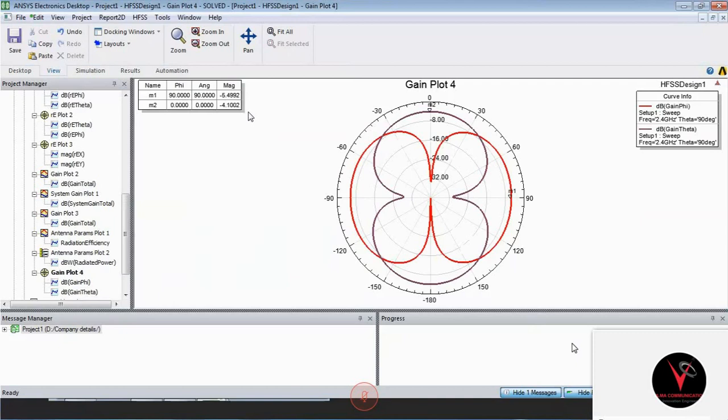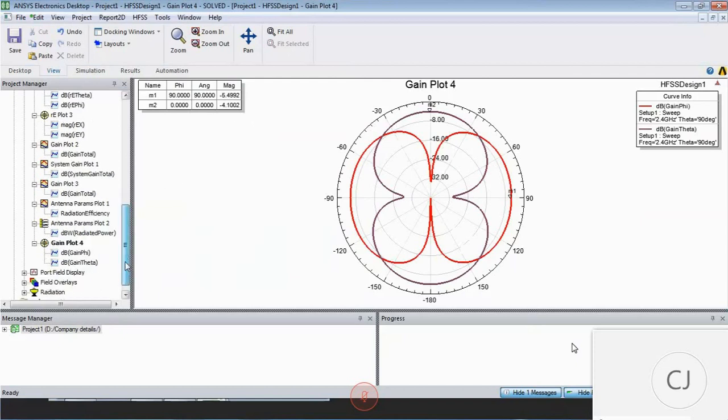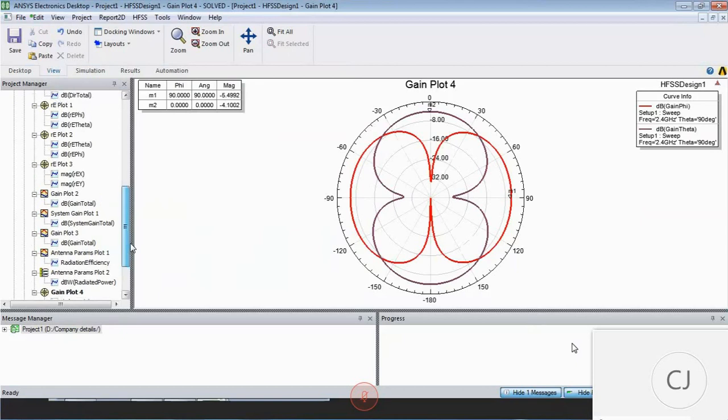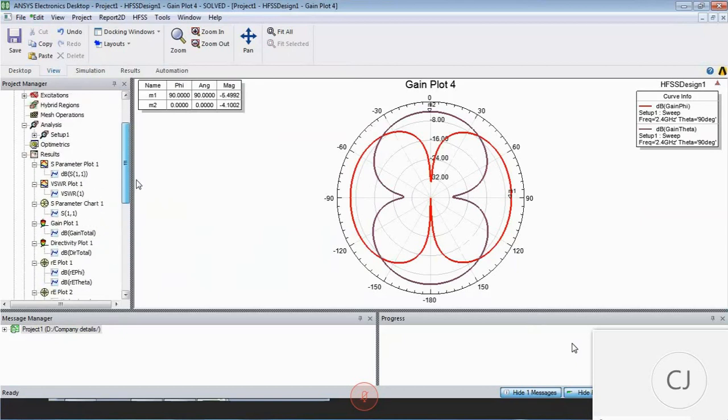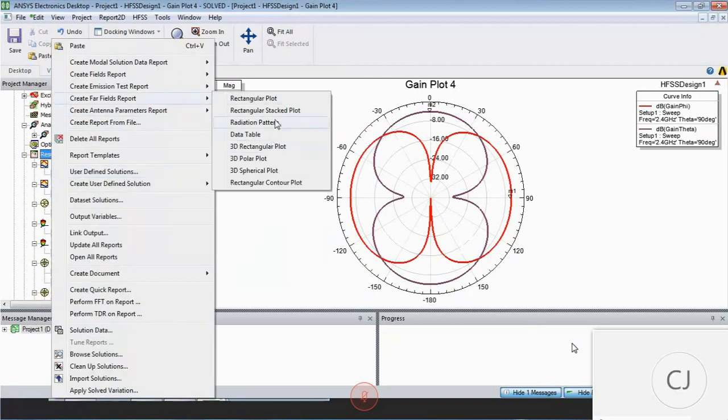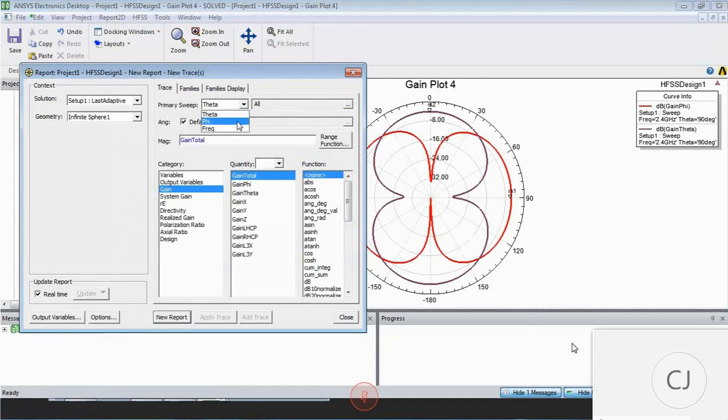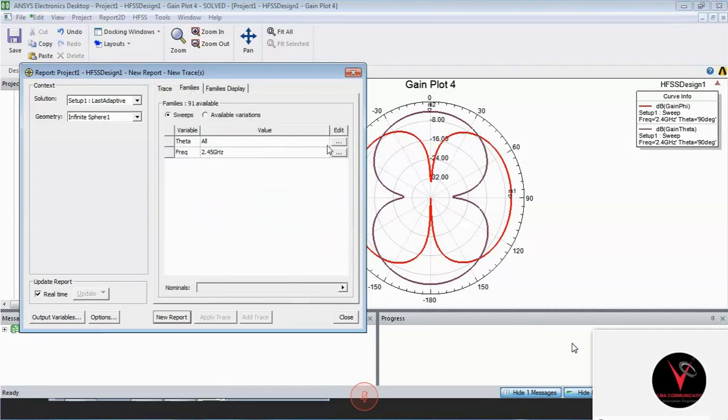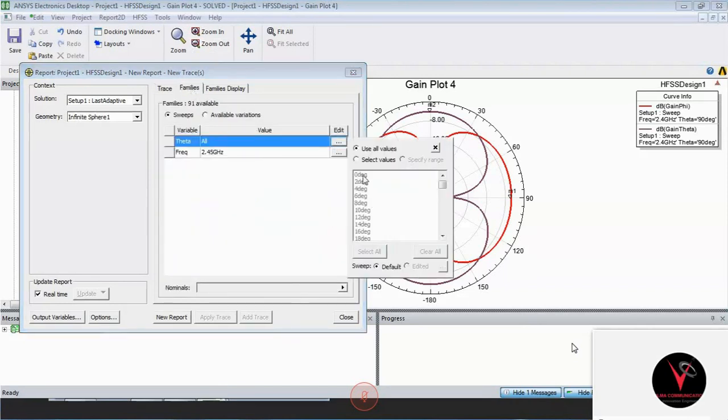Sir, there is another path to see the radiation patterns, E plane and H plane. Gain, total dB, and in families we can select 0, 90. Also another procedure is there, isn't it, sir? Yeah, select all the things. Then you select total, here dB. Just go for families, and then if you want some angle, I need 90 degrees. That is 0 degrees.